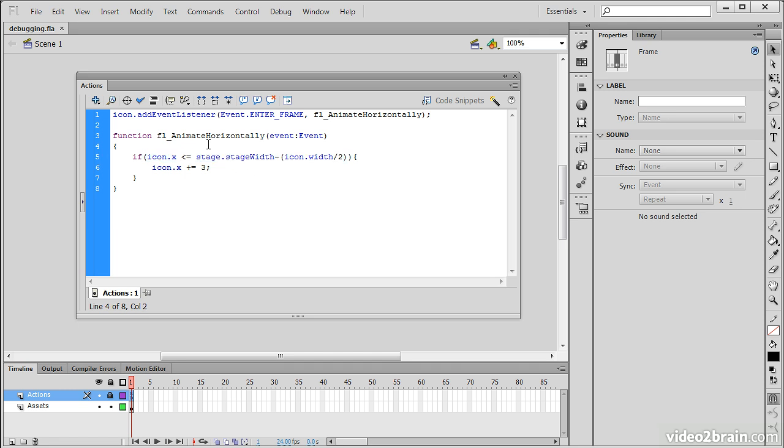But what if we actually want to trace and see what each of these positions are as we're going through? Well, to do that, we can use a trace statement. So here is the syntax to a trace statement. And within the parentheses, we're going to put some sort of a bit of text and a variable, and we can put all sorts of stuff in there, whatever we want to spit out in the console window. So I'm going to say icon.x,